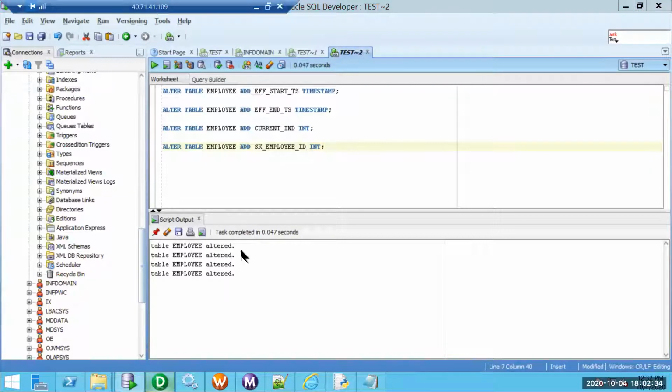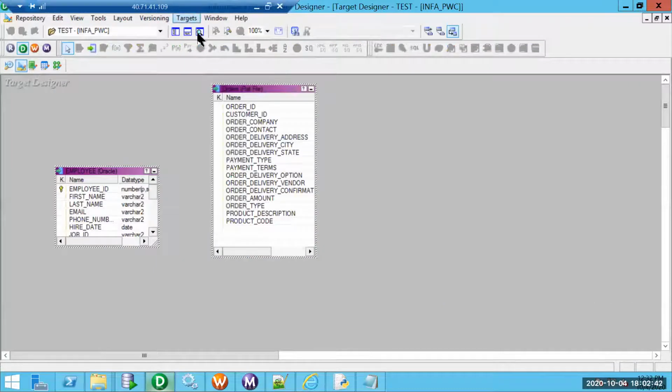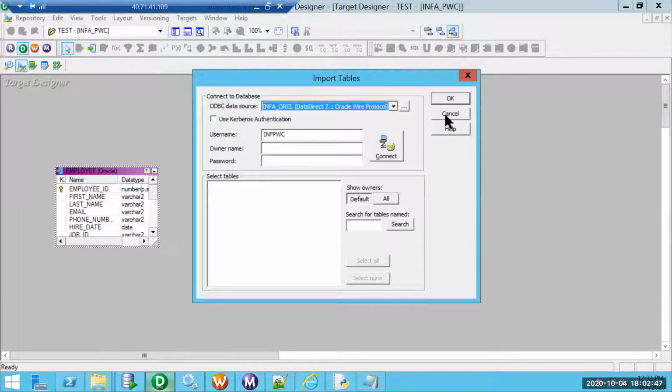So now I need to change the lookup a bit. Before that, let me try to import the definition. Target import definition. Again, it is test schema.